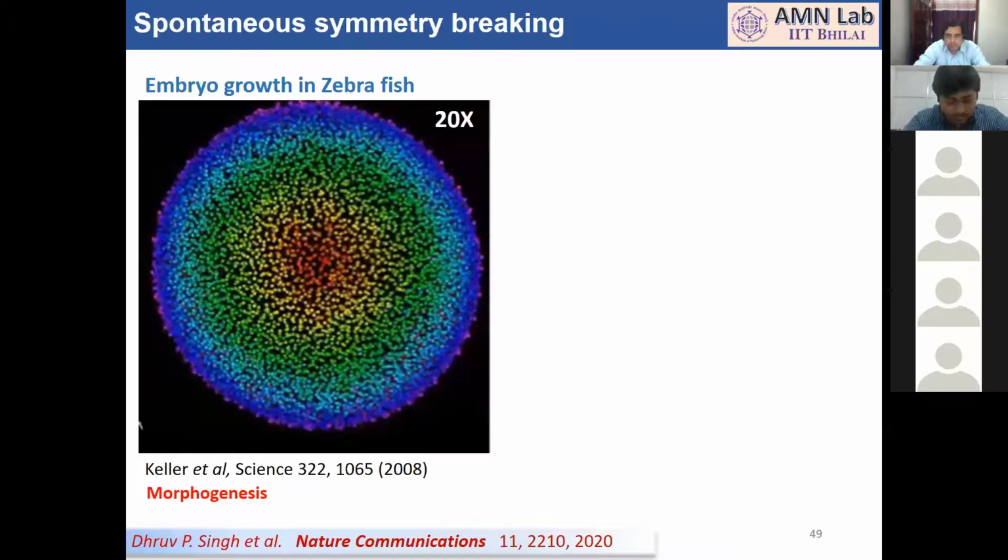As I discussed in the starting, nanomotors can also be used as an artificial system to study the complex dynamic behavior or collective behaviors of biological systems. Out of many collective behaviors out there, a few interesting, or I would say crucial, behaviors are the collective flows, the formation of collective flows, and spontaneous symmetry breaking. Like you see here,